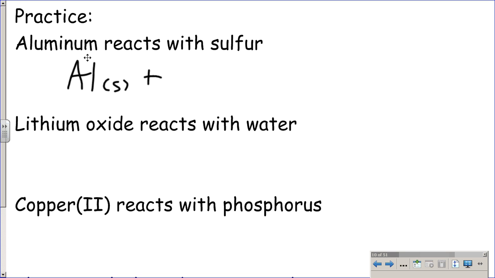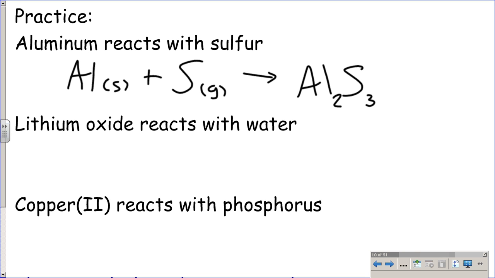Then it says it reacts with sulfur. Just straight up sulfur, not sulfide ion, not S2 minus. It's just straight sulfur. And sulfur is probably a gas. It could be a solid. Sulfur is a weird one, okay? Those come together in a synthesis reaction. They come together to form an ionic solid. That is when you find their charges. So you said aluminum has a 3 plus charge, sulfur has a 2 minus charge, leaving us with Al2S3 when